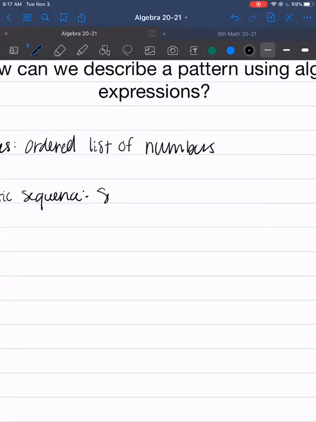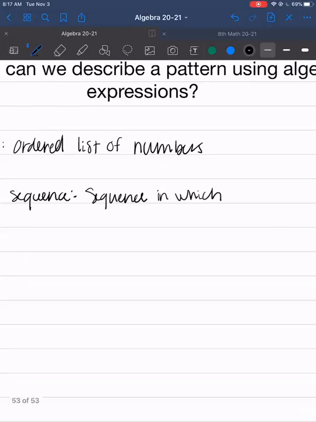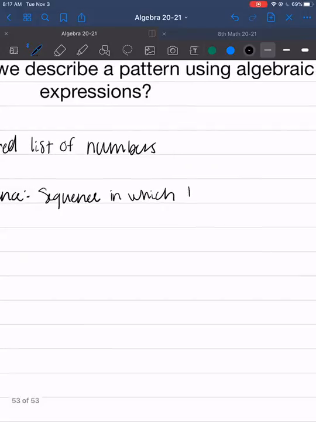It's a sequence in which the difference, I would underline difference,